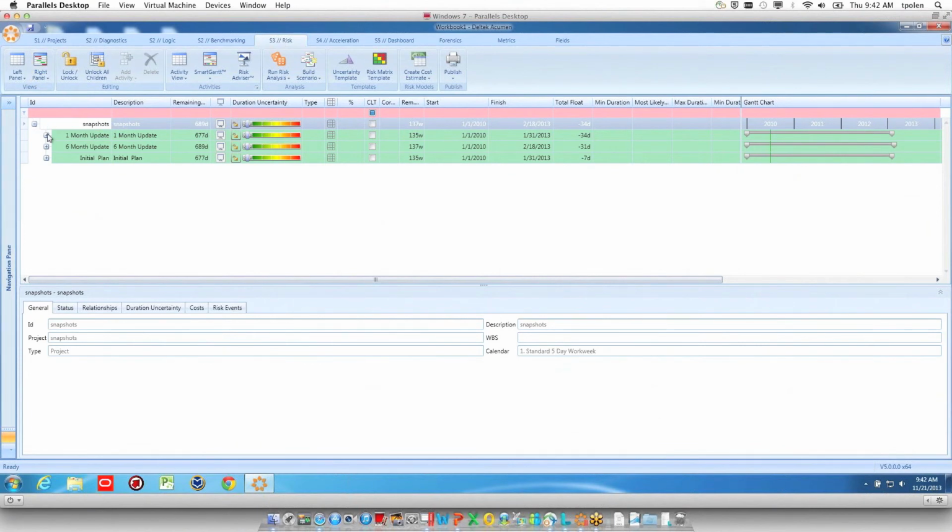Now, when I import a multi-project into the Deltek Acumen risk software, I still see my individual projects listed singly, but because I brought them in all at once, the logic is maintained between them, and I can do risk adjustments and risk drivers on my entire portfolio and see the impact as it ripples through my different projects. So this is amazing, one-of-a-kind functionality, and I mean that because traditionally risk tools work project by project,